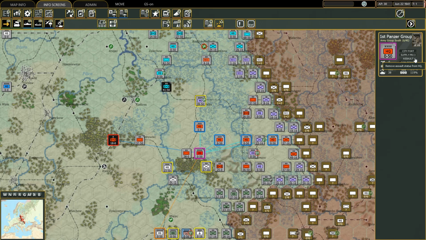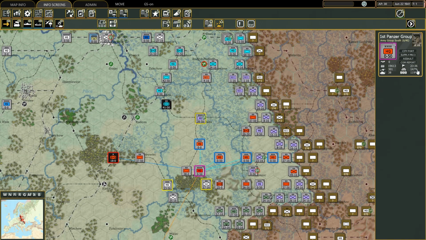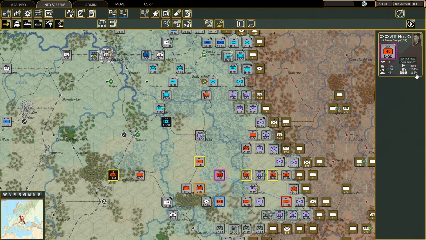Units belonging to assault armies do have a much faster CPP gain during the logistics phase, and the HQ units do have a much higher command power, so they can command more units, because we can compare, for instance, the 1st Panzer Group to the 4th Army. The 4th Army has 27 command power, the 1st Panzer Group has 36, so 9 extra points of command power, and the same is true for the attached